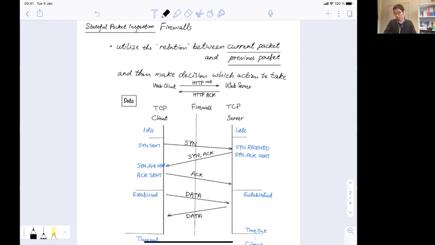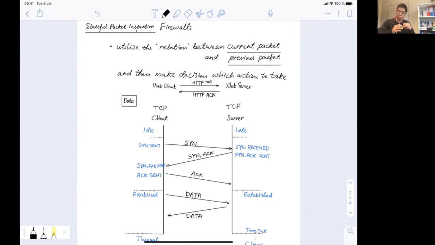This session is this TCP session. Previously, there is no connection, so I will first remove the firewall here. So previously there is no connection between the client and the server, and both of them are in the idle